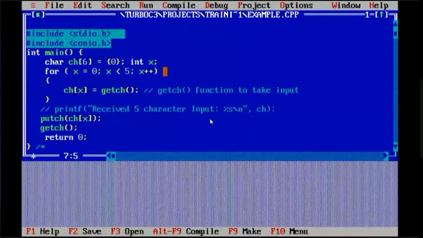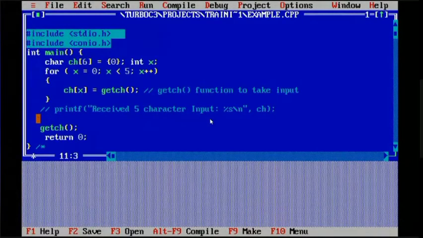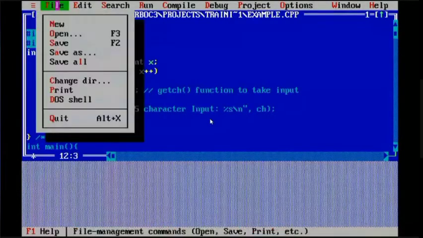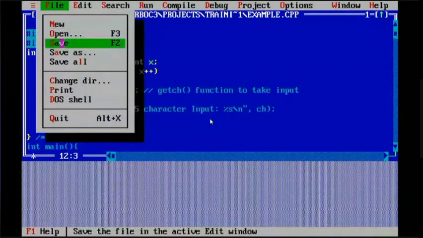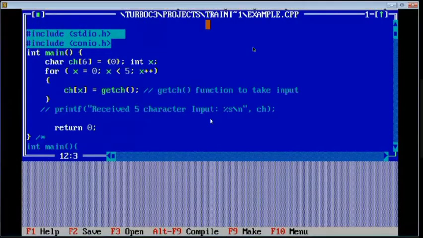Suppose you want to copy this program, as I am showing, and you want to execute it in Turbo C.